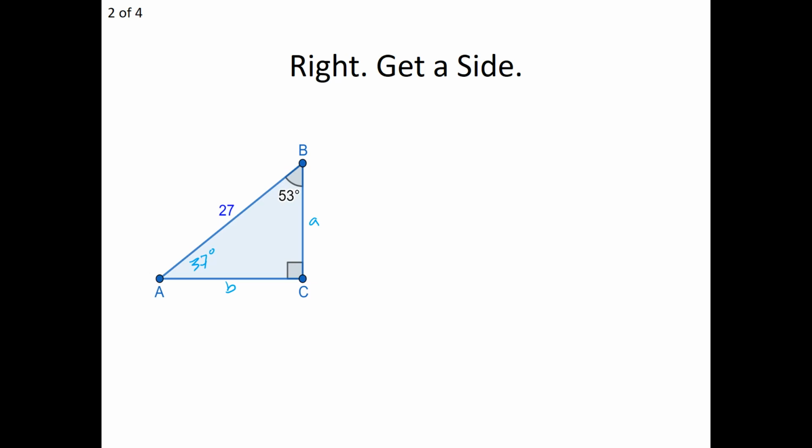Let's start with side A. So I'm going to use cosine. Cosine of our angle B, which is our 53 degrees, is equal to the adjacent side, which is side A, leg A, over the hypotenuse, which is 27. What we can then do is multiply both sides by 27 and solve for A. So really what I'm doing is 27 times the cosine of 53. Now remember, the cosine of 53 is really just a ratio. So what that's going to spit out is that ratio value. So cosine of 53 degrees is